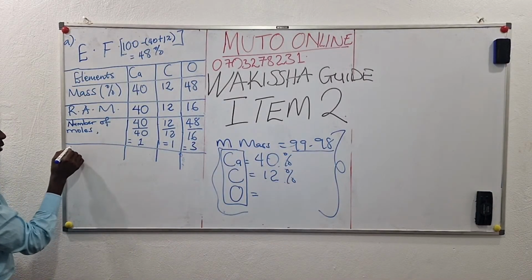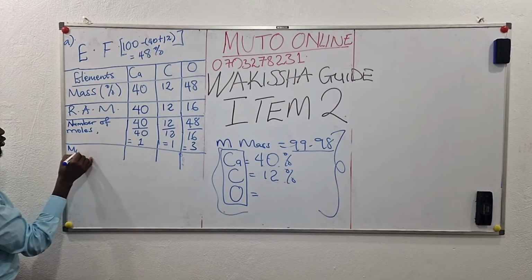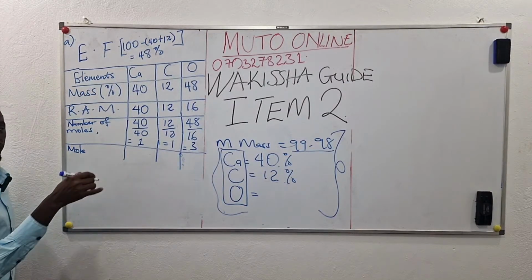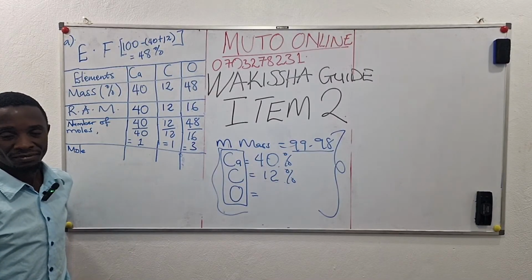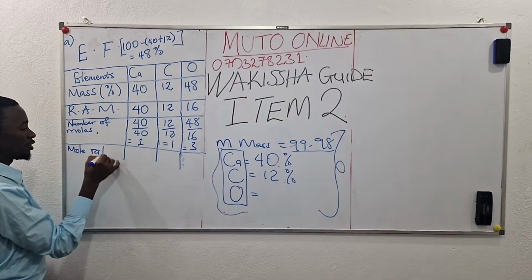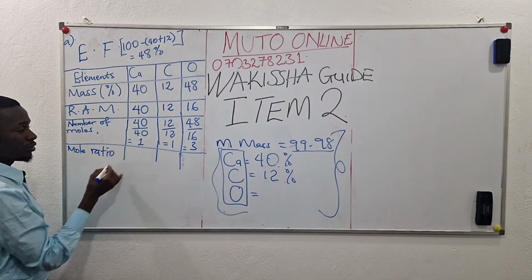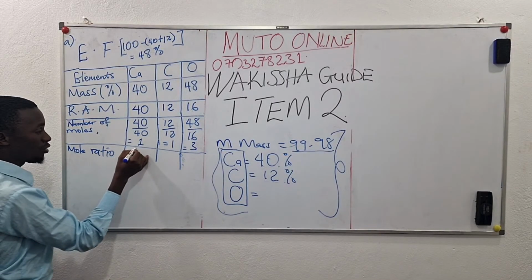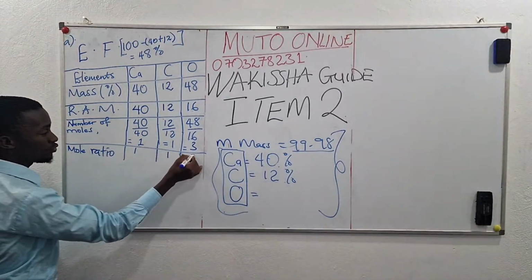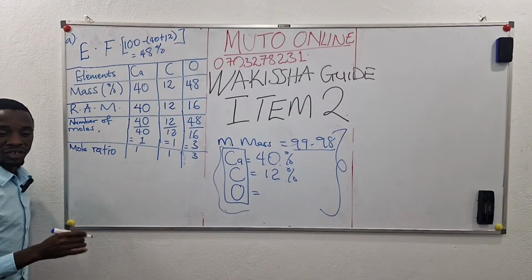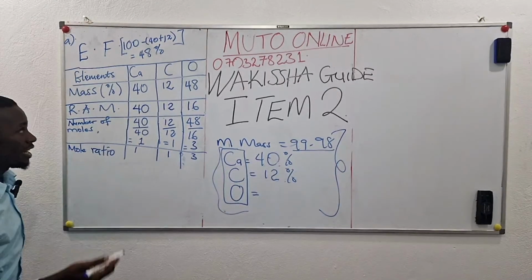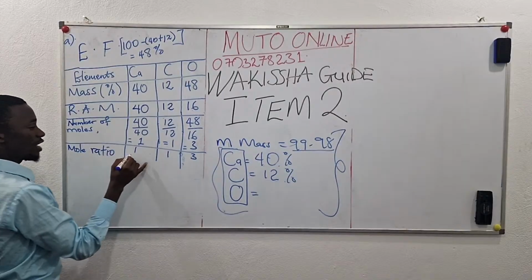Members, the next step is getting the mole ratios. What are the ratios of the moles of these elements in the compound? So we shall be getting the mole ratios. To get the mole ratios, we have to state the moles first. The moles we got up here, we state them here down. So to get the ratios of these moles of the elements in the compound, we divide it through by the